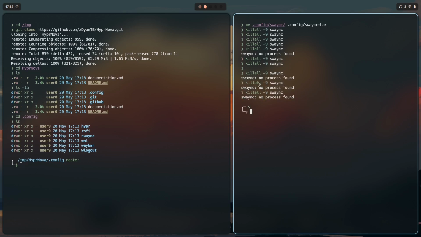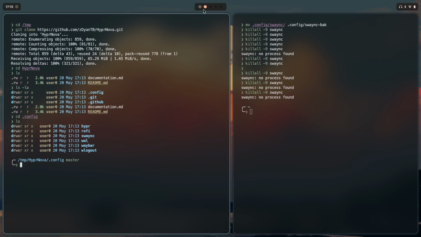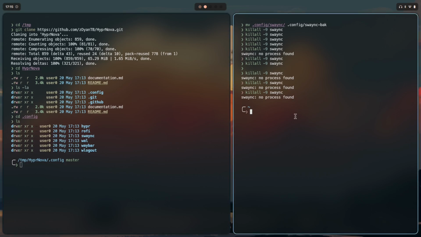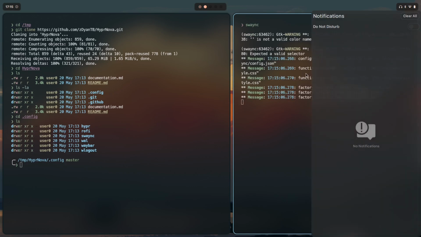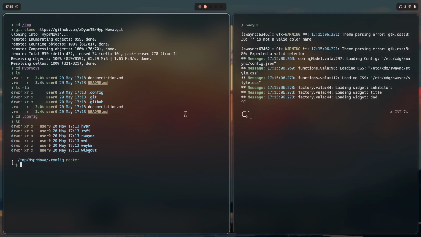And okay, so I'm pressing Super A on my keyboard and it's not showing anything. That's a good sign. We want it to be dead until we revive it. So we run SwayNC. And okay, this is what it looks like, plain vanilla. Okay, great, awesome. Now, simplest way to get started is to just copy this SwayNC directory over to home/.config. Ta-da! Now that that's done, we cd over to home/.config SwayNC